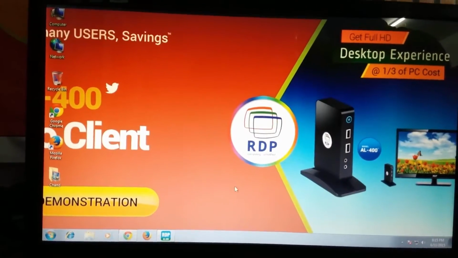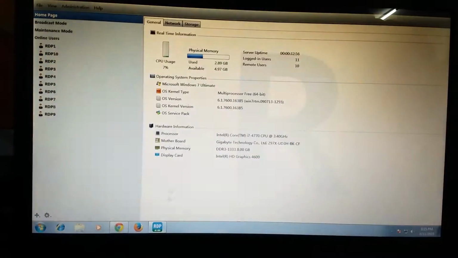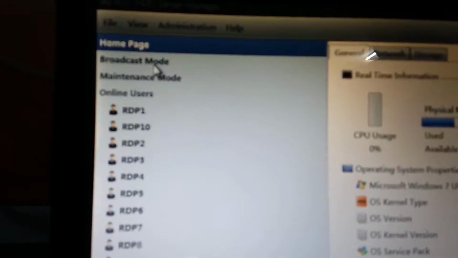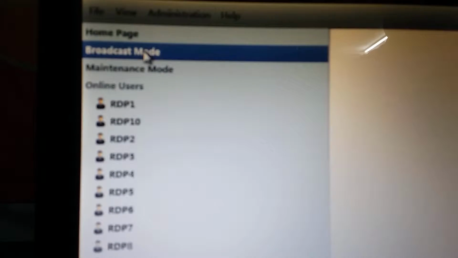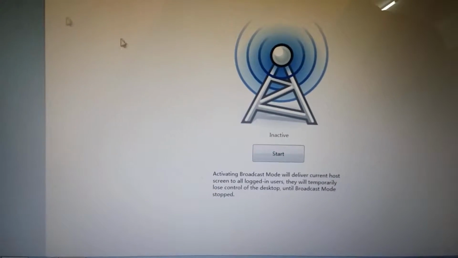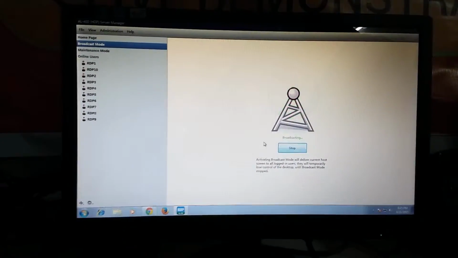Okay. Now we shall look inside the features of the RDP server software. So here is the RDP server software. We shall look at broadcast mode. This is the broadcast mode, which indicates the server screen projection to all the users which are connected to the system. Once I start the broadcast mode, the server screen is projected to all the clients which are connected